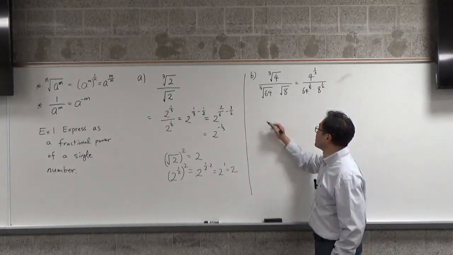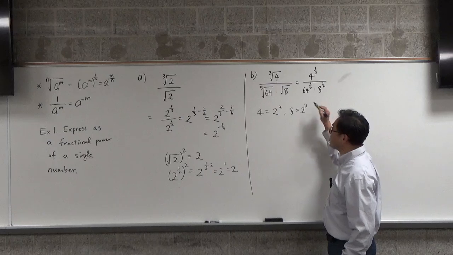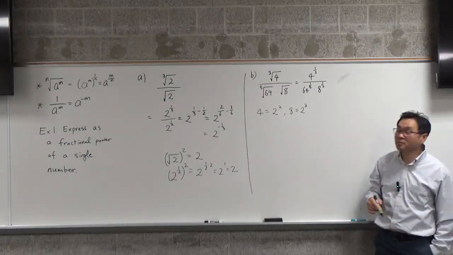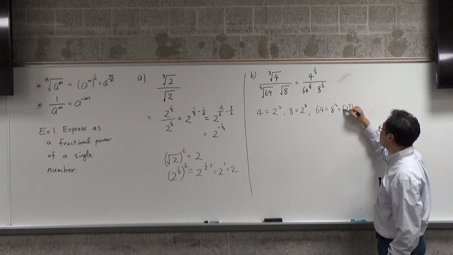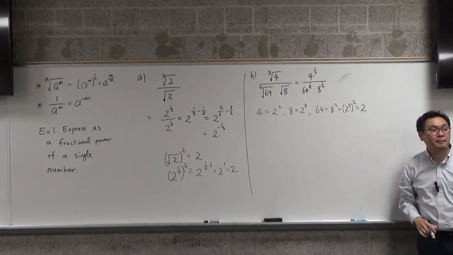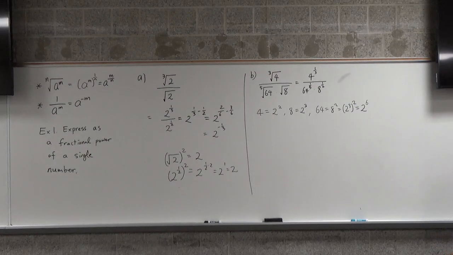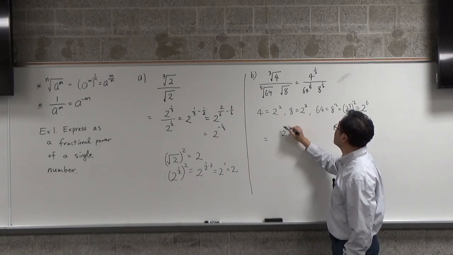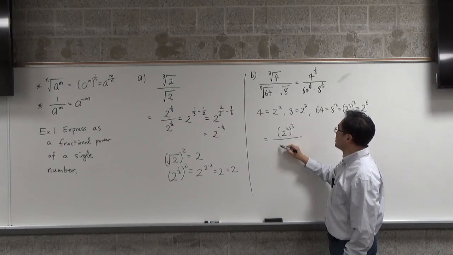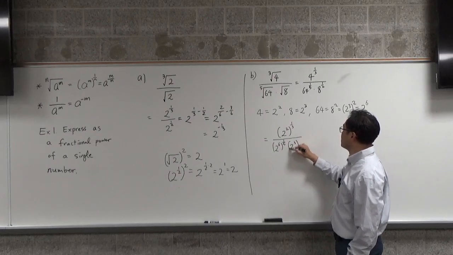So what you have to notice is that 4 is equal to 2 squared. 8 is equal to 2 cubed, right? 2 times 2 times 2 is 8. And 64 is 8 squared, which is 2 to the 3rd power squared, which is 2 to what power? 6th power, because these two multiply, right? So 2 to the 6th power. And therefore, we can rewrite all of these in the following format. You have 2 squared to the 1/3 power, 2 to the 6th to the 1/5 power, 2 to the 3rd to the 1/2 power,